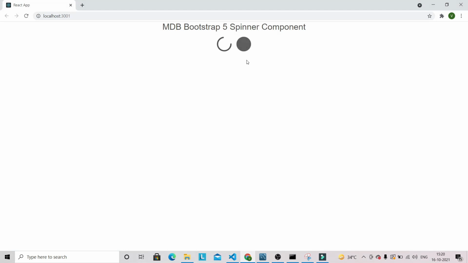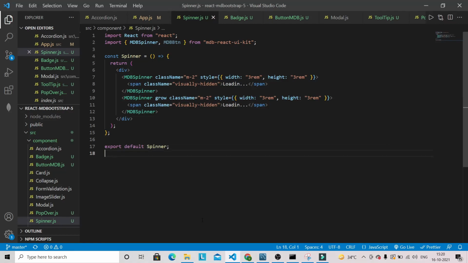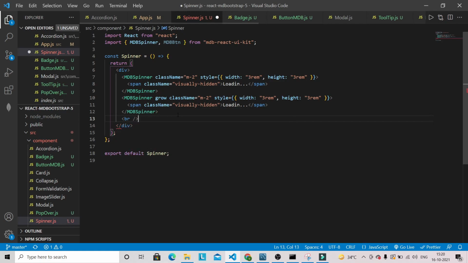So you can say that it's either a spinner or a loading component. Now you can also display this spinner or loading component in the button as well. So let's see how we can implement that one. First I'm going to add some breaks.